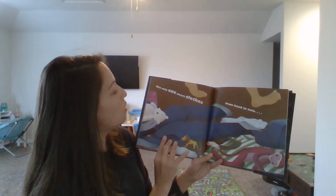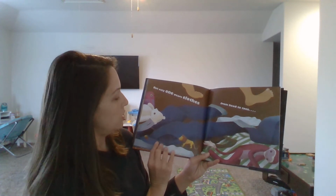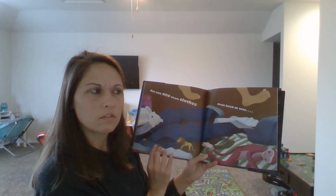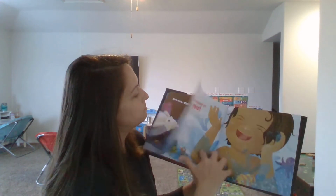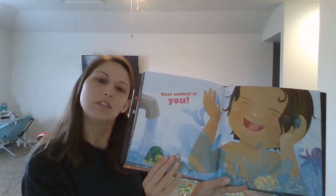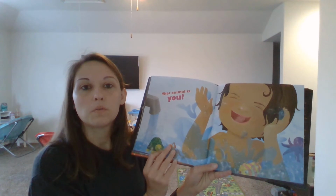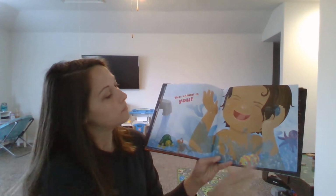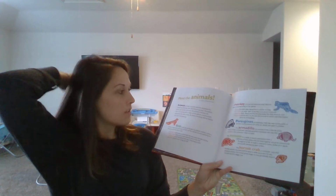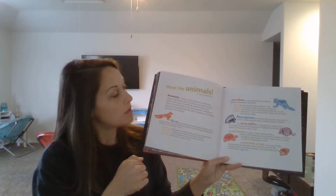But only one wears clothes from head to toes. What animal wears clothes? That animal is you. Did you know we were animals? We're a special kind of animal called a mammal. Meet the animals in order of appearance. So this is going to give us some fun facts about each one of the animals we've seen in the